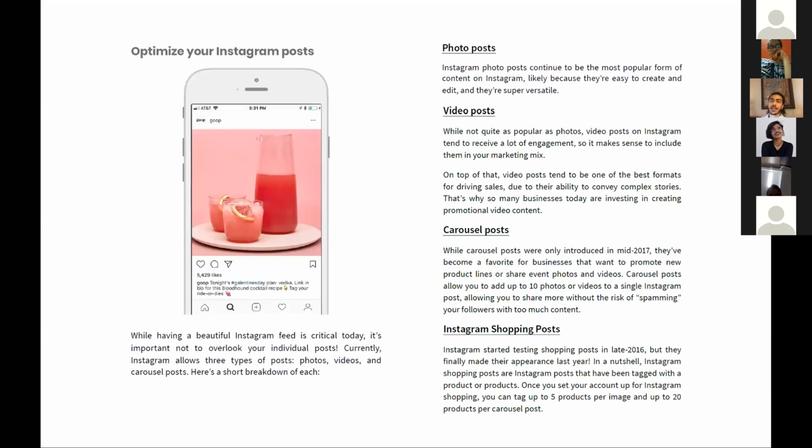Optimizing Instagram posts. There are tons of different features that Instagram is adding. There are photo posts, which is normal, that you see on your profile. There are video posts that allow you to put 30-second short videos. There are carousel posts, which is multiple photos within a post. So if you want to post an album or a range of processes within a post, then you can